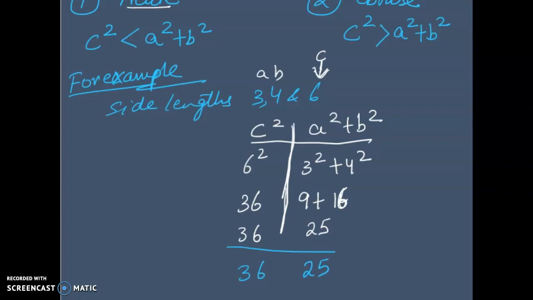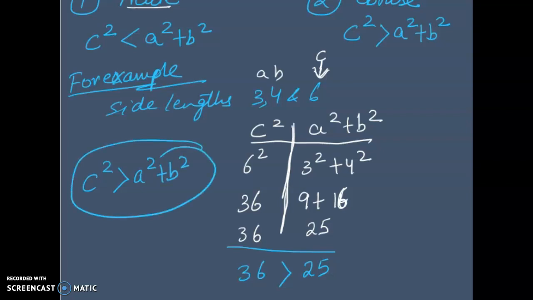Do you think 36 is greater than 25? Yes. So 36 is greater than 25. I can conclude that C squared is greater than A squared plus B squared. Because C squared is greater than A squared plus B squared, this is